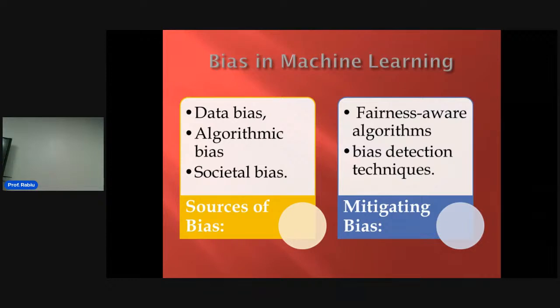So the data will be biased, right? And algorithm bias. Yeah, the algorithm knows the people. It's set based on that particular environment. You take it to this environment, it is biased. From the medical sector, you take it to the oil exploration environment or sector, it will be biased. Okay? And societal, the people.